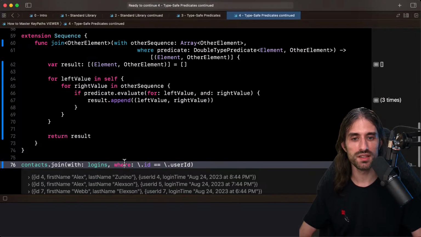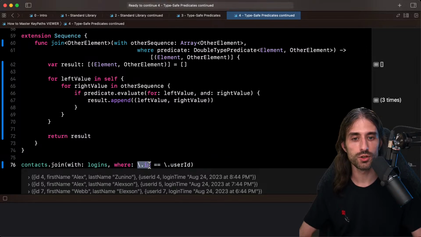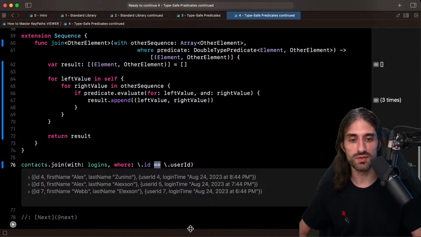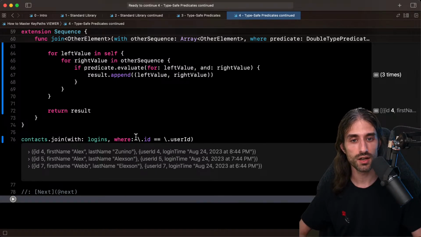What I wanted to show you is that with key paths, you can implement even more complex things. And I wanted to show you the case where we use two key paths and then we build expressions using the two key paths that come from two different objects, because it's very possible that in your apps, in your code base, you have situations that match the same kind of problem. And so I wanted to show you that it's possible to solve these problems using key paths, because you might have some use cases for it waiting in your apps, in your code bases.